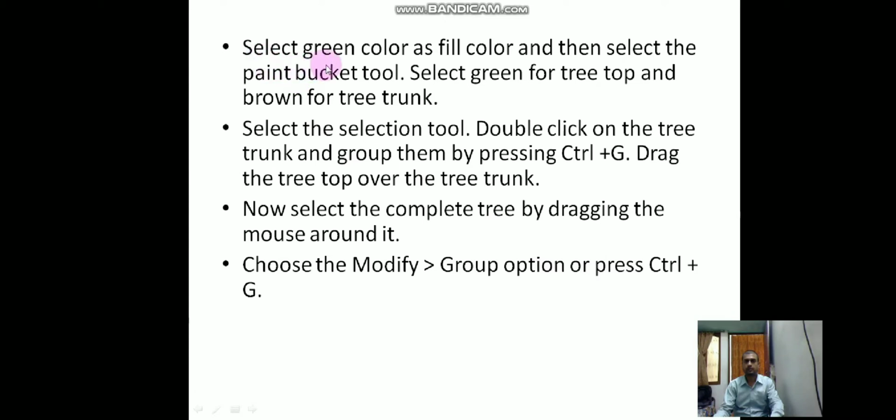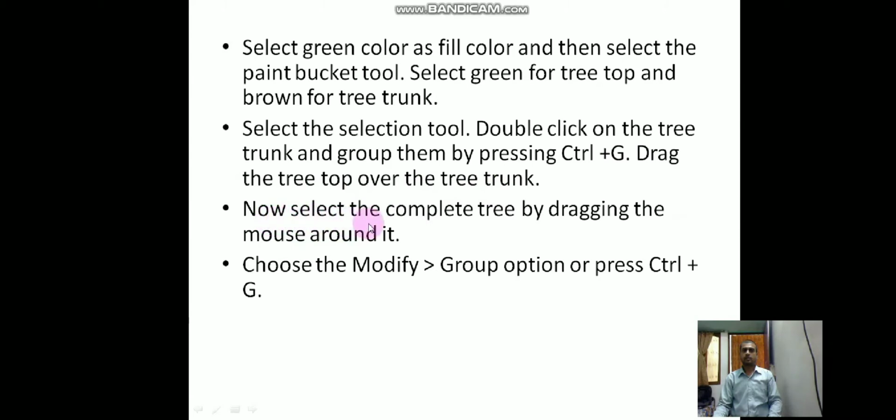Now for grouping, select green as the fill color and then select the paint bucket tool. Select green for the tree top and brown for the tree trunk. Select the selection tool, double click on the tree trunk and group them by pressing Ctrl G. Drag the tree top over the tree trunk.